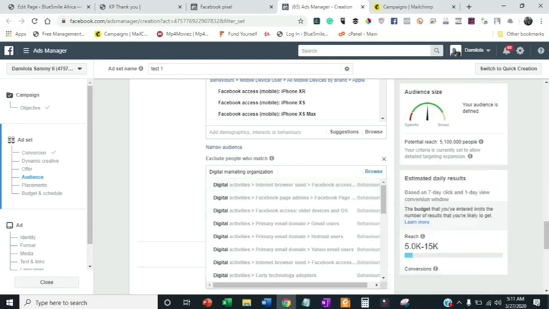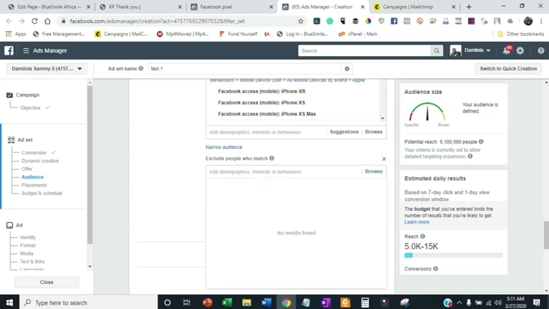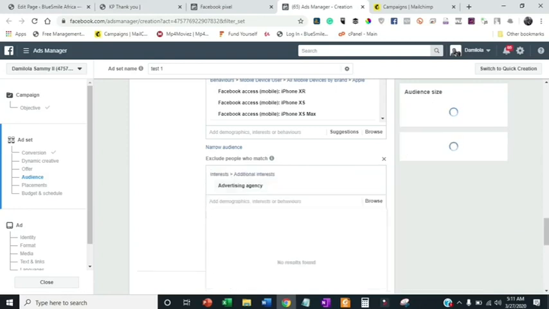Okay, so let me browse this. Let me see again. Let's say agencies. Let me write the agencies. Advertising agency. Yes, I don't want advertising agency to see my ad because they are not going to click on it. We practically do the same thing. So let's say